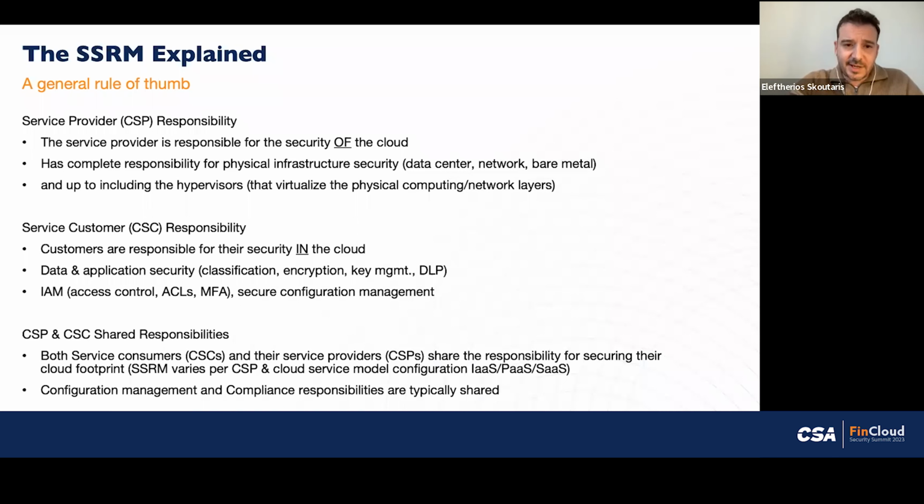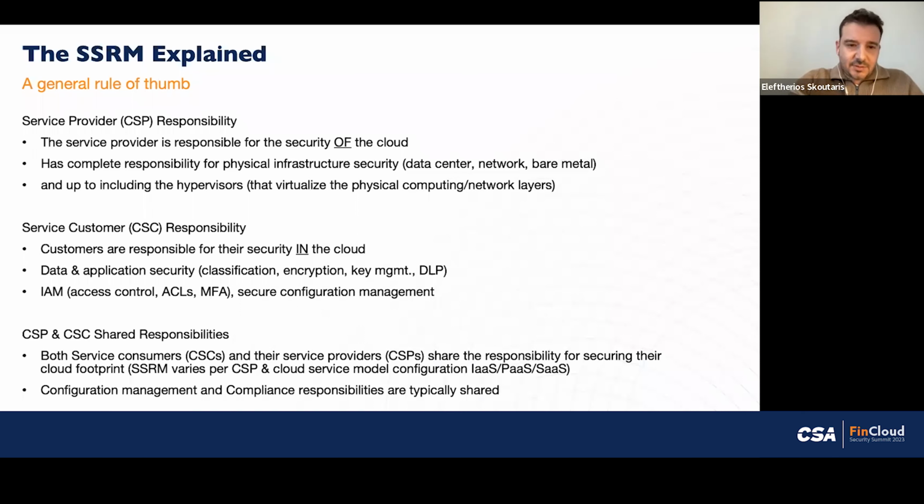So in the former case, depending on the service model, which could be an IaaS or PaaS, this comes down to securing the physical infrastructure and up to the virtualization layer, namely the hypervisor. And if a cloud customer purchases also the PaaS, that would involve also the virtual machines and the operating system security, right?